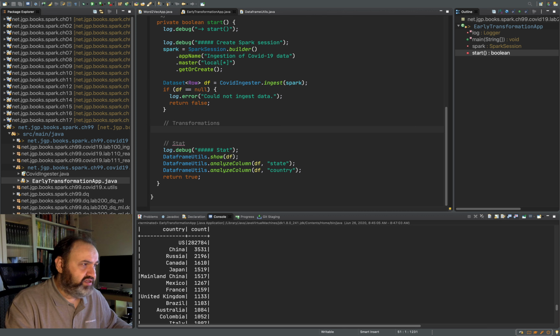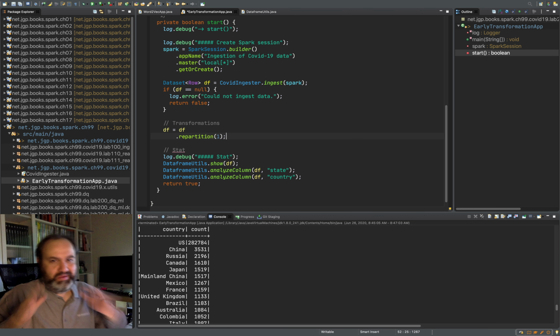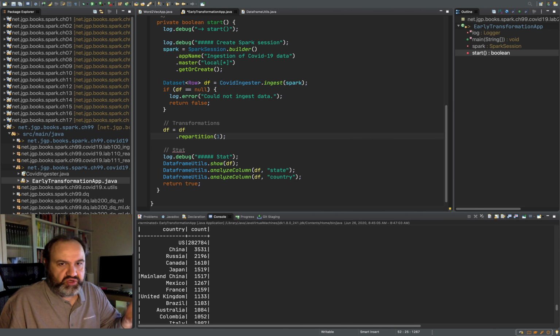So the first thing I'm going to do is repartition to one. Right now it doesn't provide much. It's just going to bring all the data into one single partition. As of now, as I said, it's not really super useful, but it's a good habit to do, especially when you've got a rather small data set. If you want to later perform some join operation, or even aggregation, it's going to be more efficient. So let's do it so it's done.